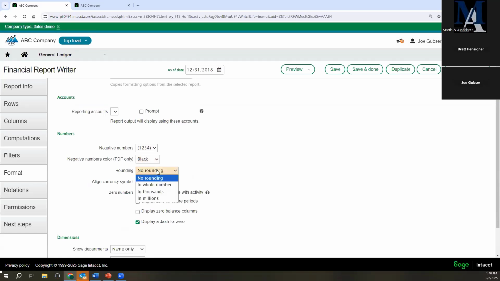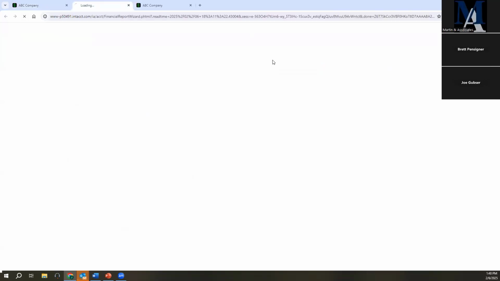Are you doing any rounding? Are you putting a currency symbol? And if so, is it floating next to the number or is it always aligned left? And then how do I want my zeros to display? So right now I have display a dash for zeros. So when I go and preview this report,